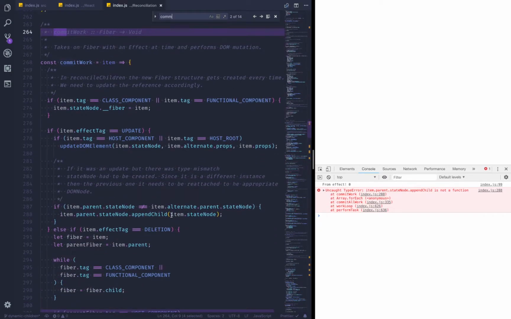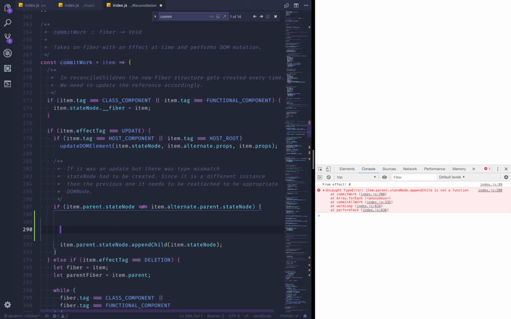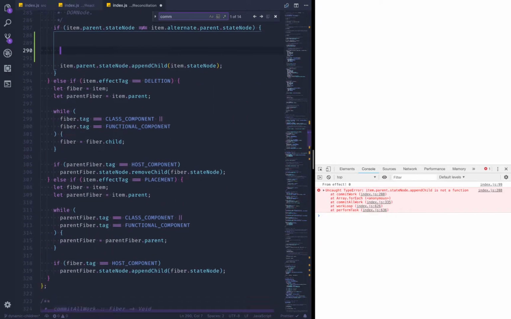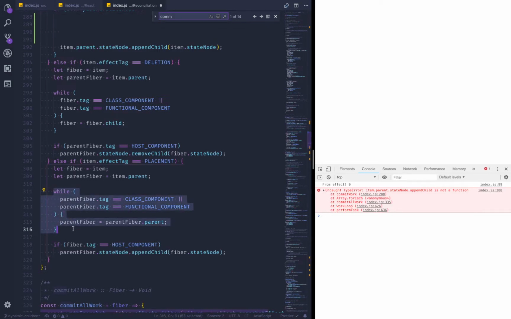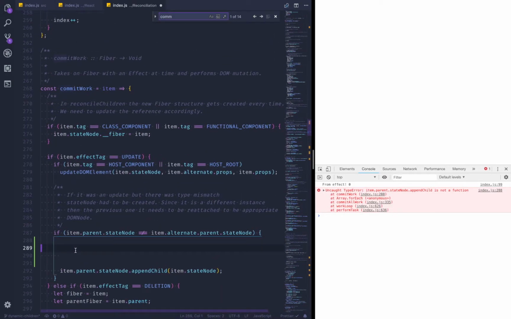Commit work. When we try to update, we ran into this problem before, when the state node can either be a native DOM element or a React instance. And when it's a React instance, obviously, it doesn't have an append child function. So what we need to do, because it's basically sort of a replacement, right, is have the same logic as with the placement tag. So